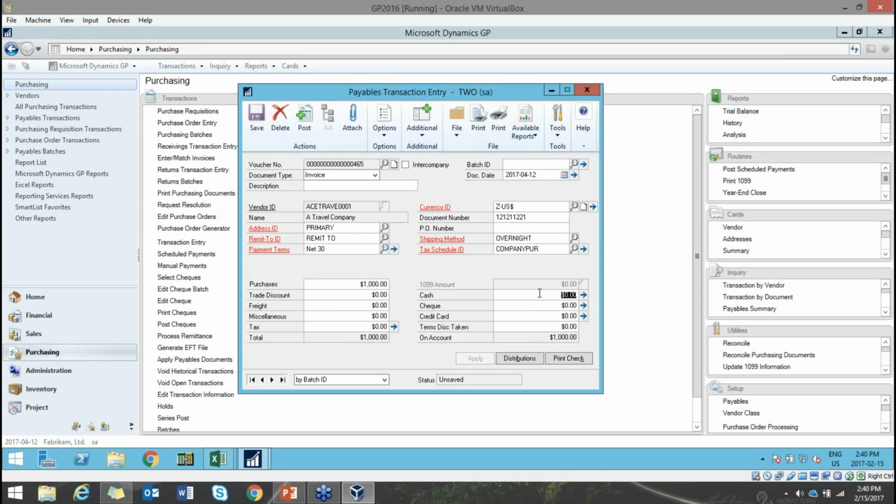you go down the side here and decide whether you're paying by cash, so maybe it was a direct withdrawal from your bank account. If you actually need to print the check right away, then you can put it under check. Or if it was paid by a credit card that's been set up in GP, you can pay by the credit card. So to actually print the check, because you have someone beside you who needs that check right away,